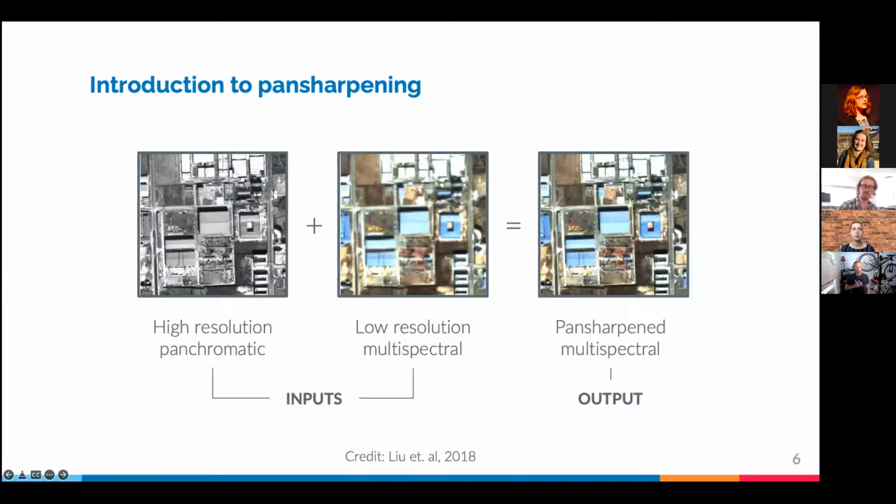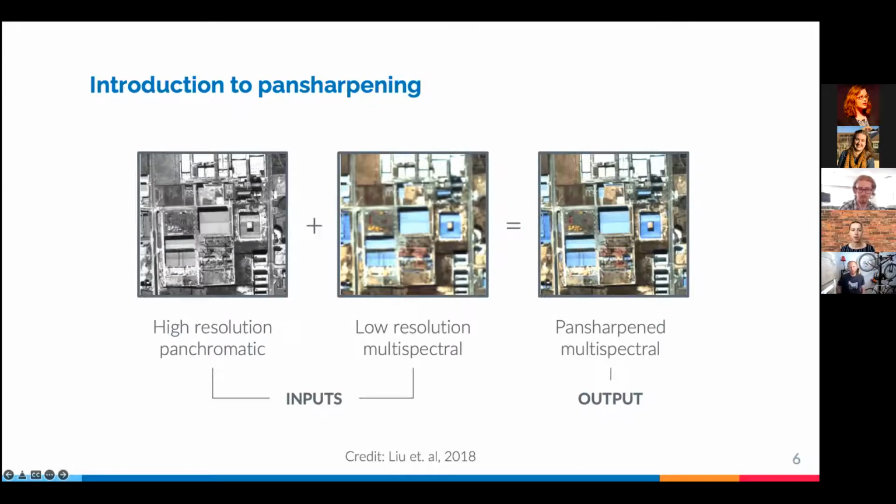I wanted to just briefly introduce what Pan Sharpening is in case you're not familiar with it. Pan Sharpening aims to generate a synthetic high-resolution multispectral image from a low-resolution multispectral image that is a plausible reconstruction of the high spatial resolution features with the addition of multispectral features. The model takes in an input of a high-resolution panchromatic image, like a black and white image, and a low-resolution multispectral image, and it outputs a sharpened multispectral image. So that has both the spectral features of an RGB image, but the spatial features and sharpness of that